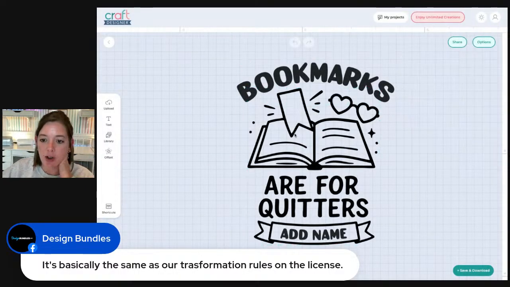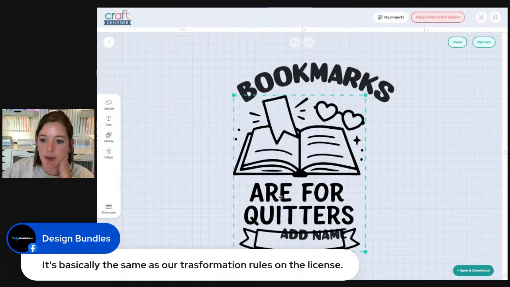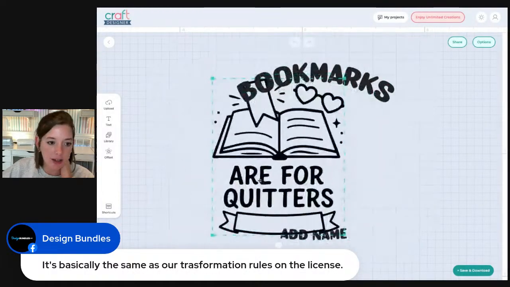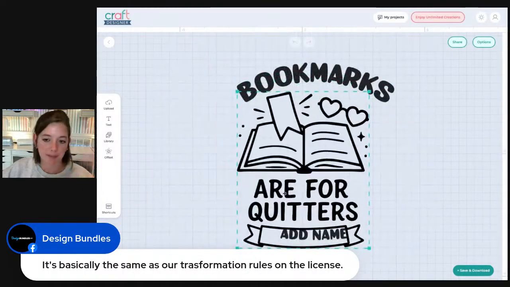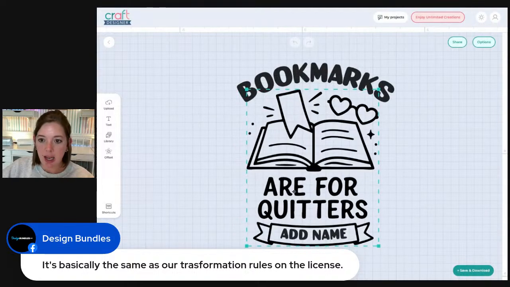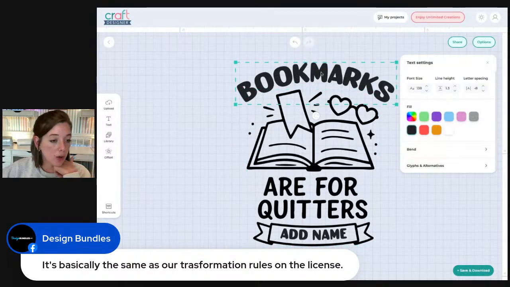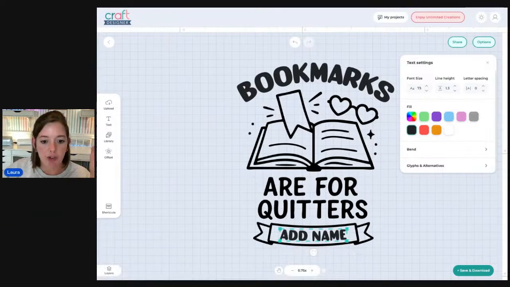And you can see we've got all these different elements here that we can play with. We've got our main image element, and then you could change the text or the font up here if you wanted to. And then you can also add a name down here, or you could add any sort of text you wanted.